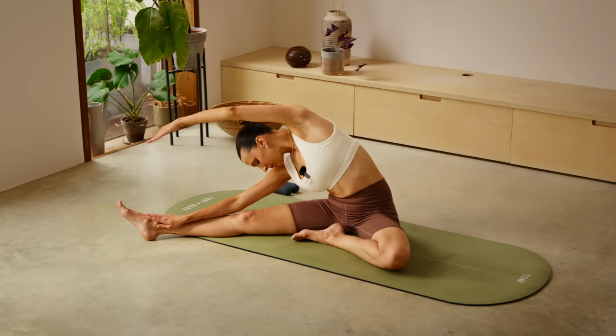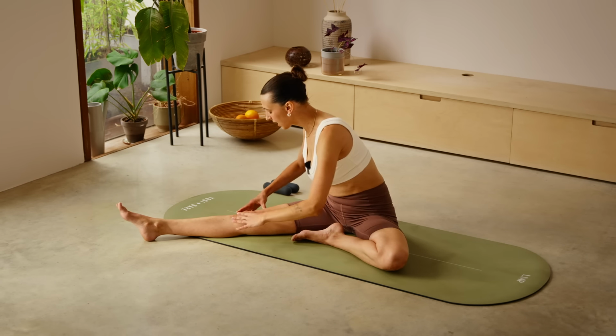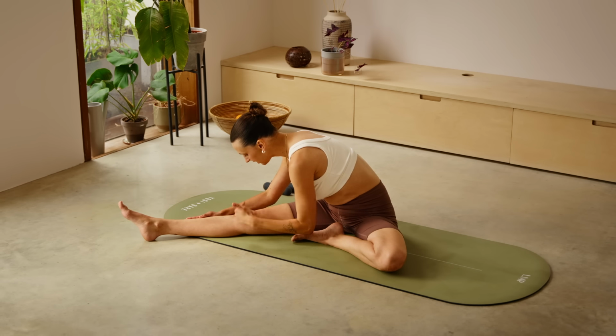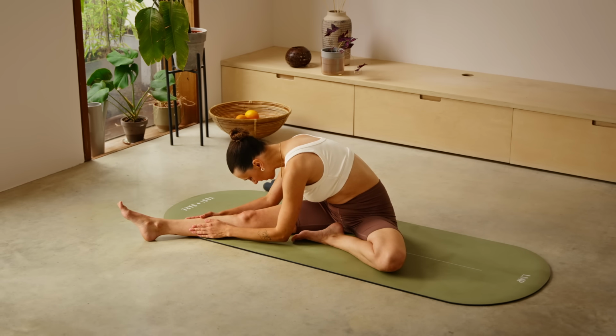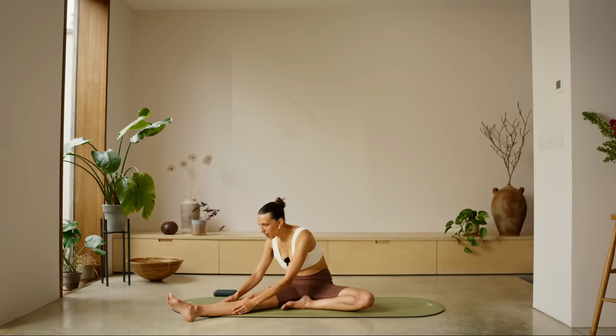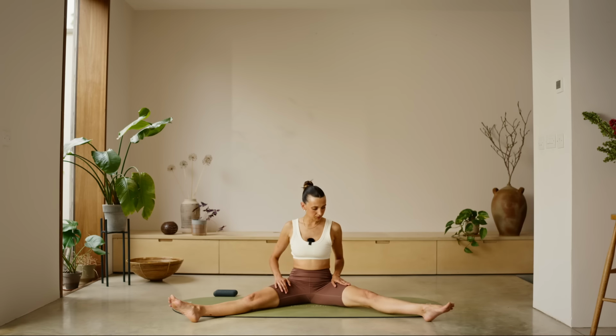Good. And then we're going to twist towards that leg. So you really rotate the trunk around. See if you can bring both hands down somewhere onto the leg. The knee is pointing up to the nose and we flex and reach around. Good. Try not to pull or force. Breathe and ease into the movement forwards. So we'll come back up and then we'll take a straddle with both legs, wherever you can,